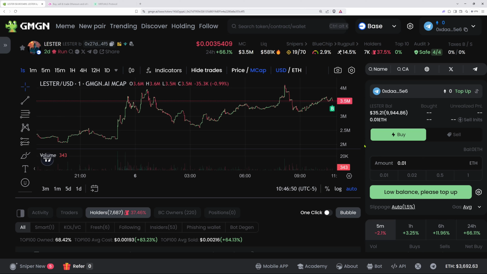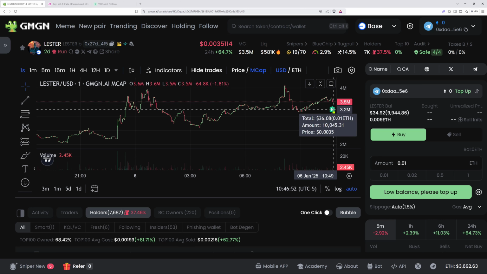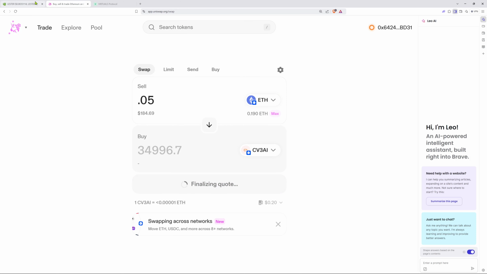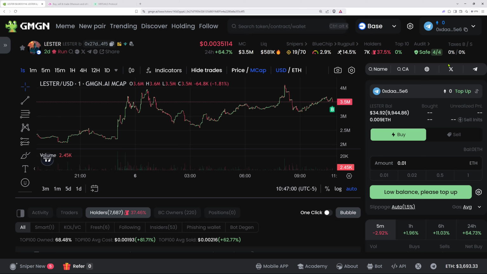That is way faster, right? And it tells you what you bought over here as well. That is so much faster than the example I previously showed you by clicking a bunch of buttons over here on Uniswap. So this bot is incredibly fast.